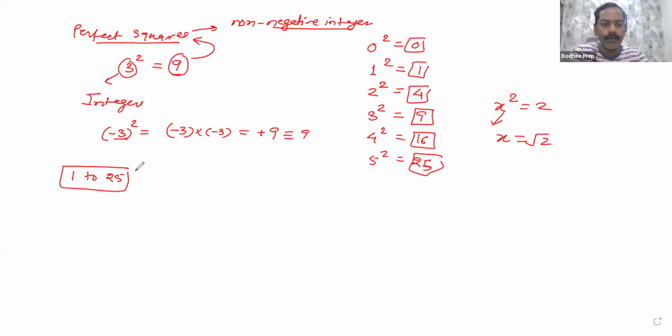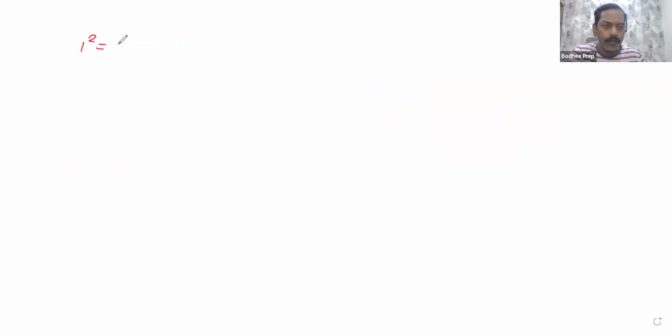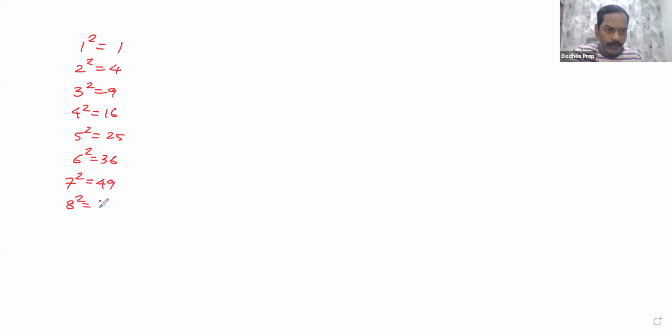So I'll give you the trick wherein you can find the square of any number from 1 to 125, provided you know the square of the first 25 numbers. Now these are easy. Some of the numbers you might not be remembering, but most of them you will be remembering. So let us just list down those perfect squares from 1 to 25. So 1 square is 1, 2 square is 4, easy, 3 square is 9, 4 square is 16, 5 square is 25, 6 square is 36, 7 square is 49, 8 square is 64, 9 square is 81, 10 square